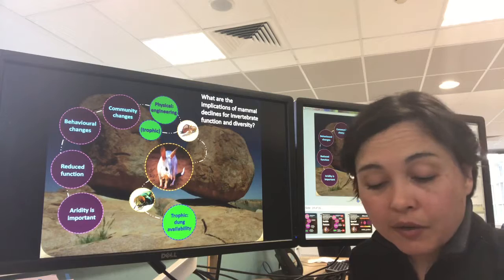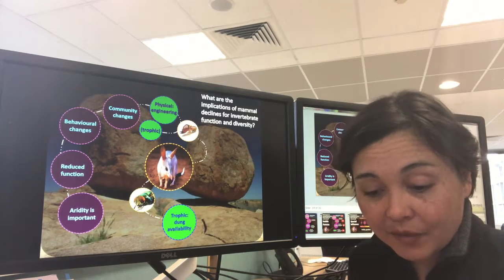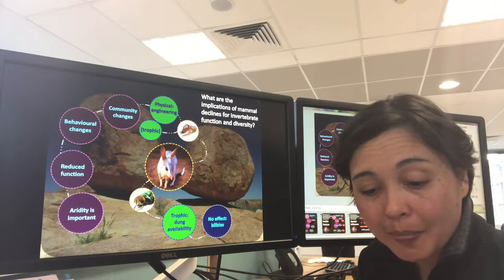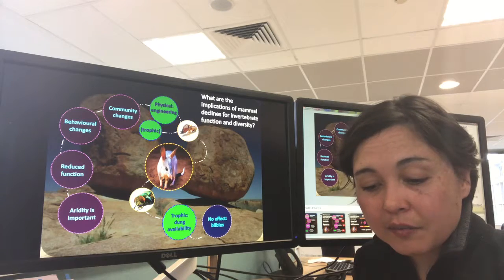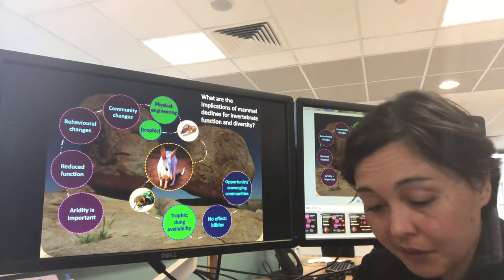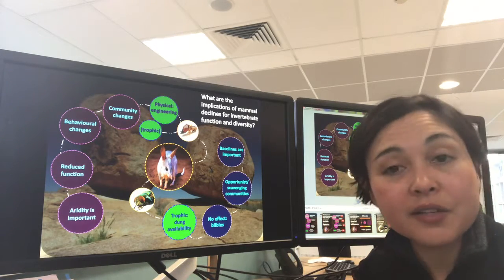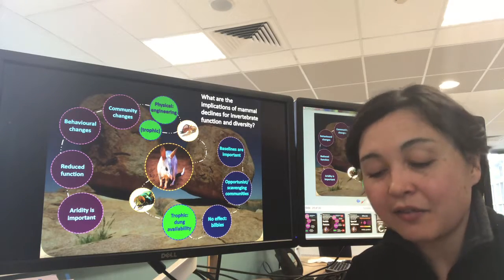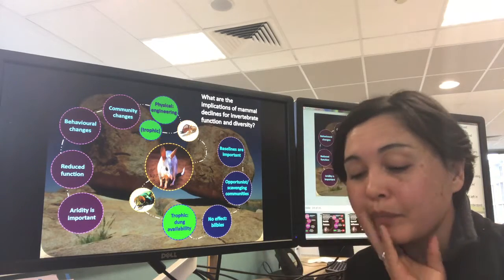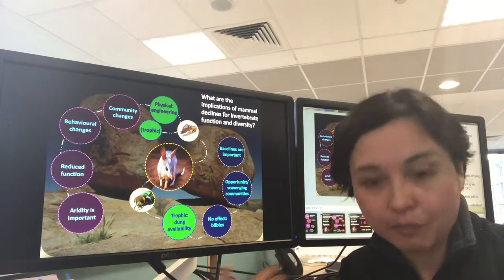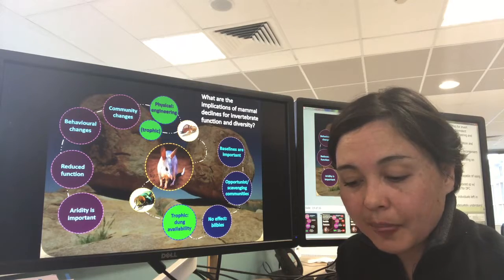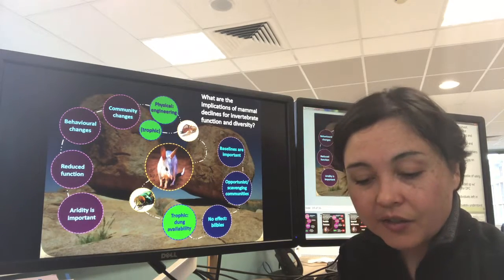For dung fauna, they were not influenced by host extinction. We found a broadly opportunistic community that was capable of using any of the resources that were available to them, and the biggest challenge was finding reintroduced species with a remnant population to use as a baseline for dung fauna community composition. So the nature of threatened species themselves is that there are few left in the wild, so functional extinction is quite likely in those cases. And so that would imply we have poor baselines to adequately understand the trajectory of functional recovery caused by returning threatened species to their historic habitats.